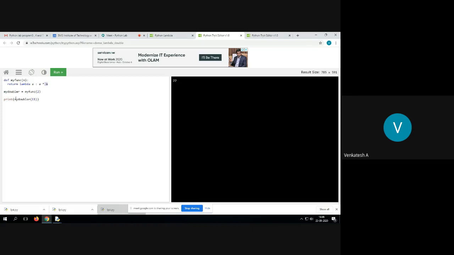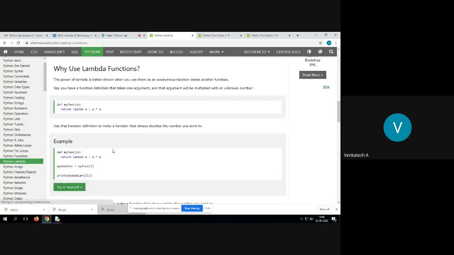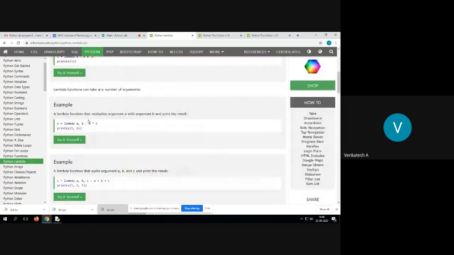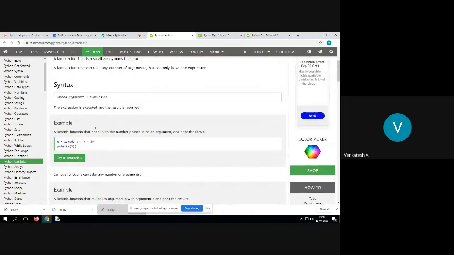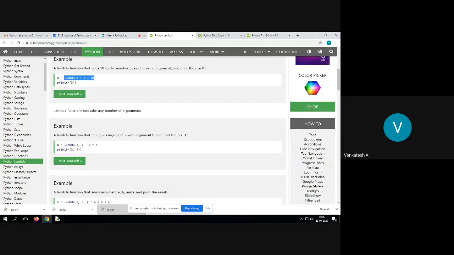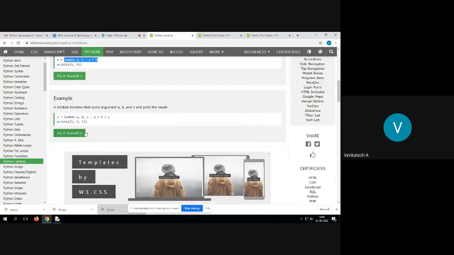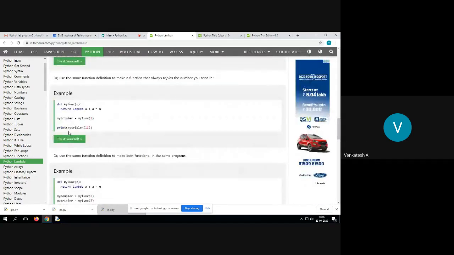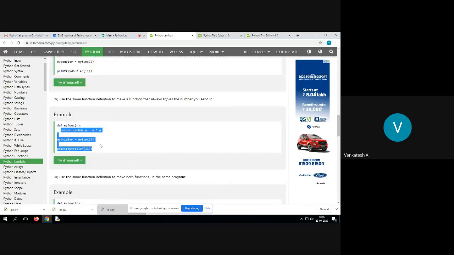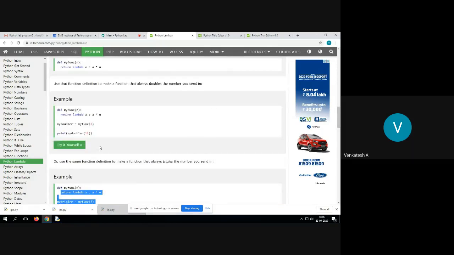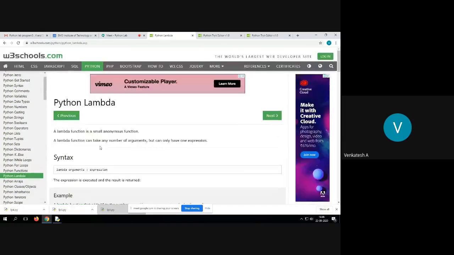So this is a bit complicated. It is not a good idea to use lambda functions like this. The better usage for lambda is when you are supposed to perform operations like these earlier ones, it is suggested to go with lambda functions. Whereas these kinds of things are always confusing. So don't go for these kinds of examples, even though you can do it. Okay. That is how lambda will work.